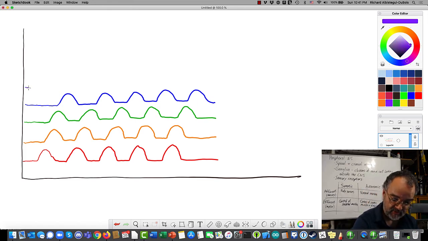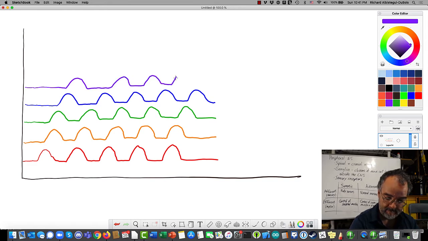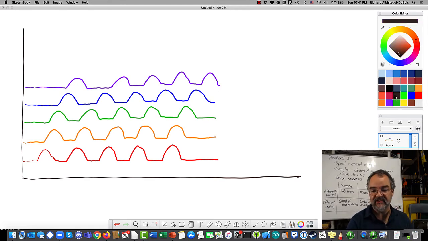And the purple motor unit. Now up here at the top, we'll put in what you would get if you added those together. So if we look at this moment in time,